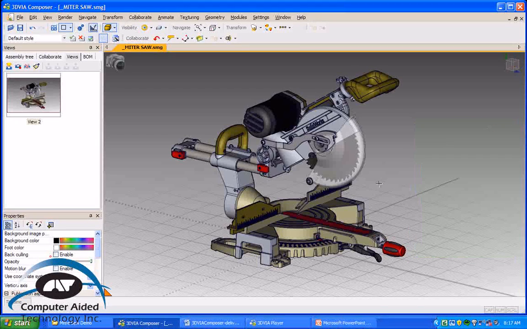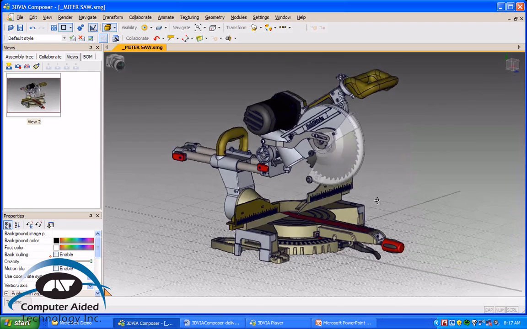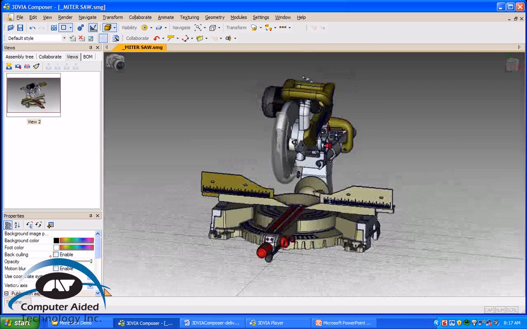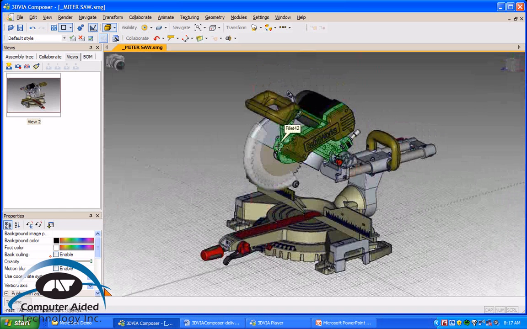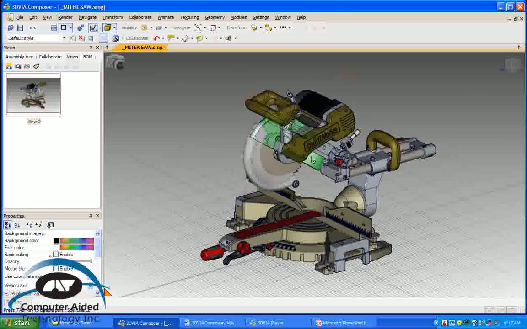Today I'm going to be using 3D Via Composer to create some documentation for this miter saw assembly. We'll start by creating a high-resolution output of the overall assembly, focusing on some of the components in this gearbox. We will also create an exploded view using the technical illustration module in order to highlight the gearbox components on